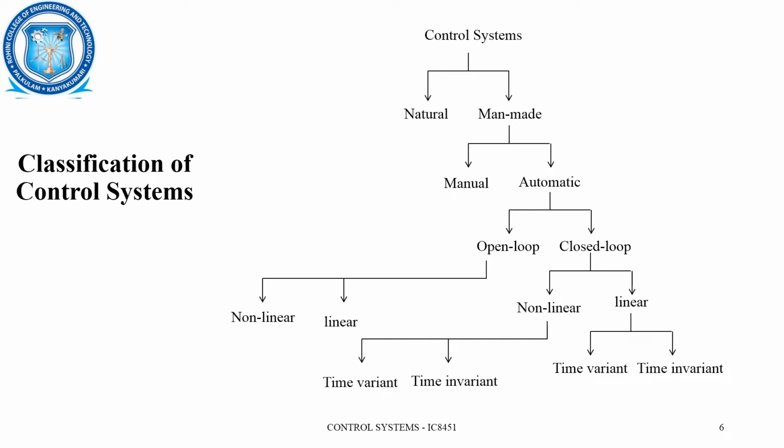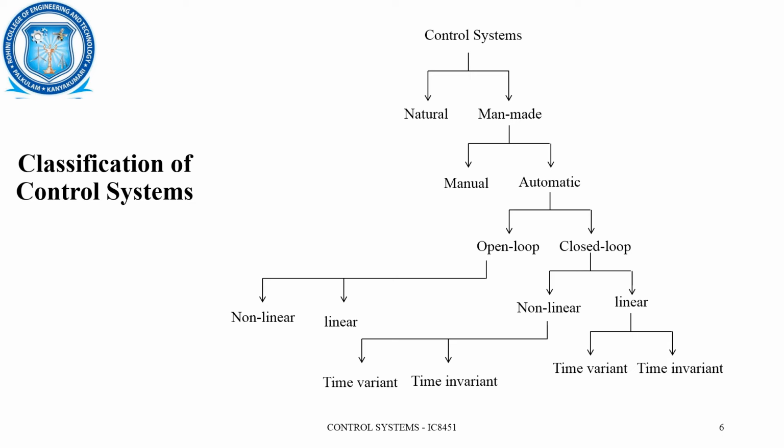While considering the classification of control systems, first, the control system is broadly classified as natural and man-made. Man-made systems may be manual or automatic. Automatic systems include the open loop system and the closed loop control system. Both open loop and closed loop control systems may be of non-linear or linear type. And both the non-linear and the linear systems can be further classified as time